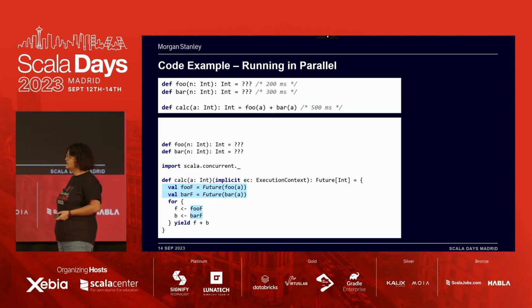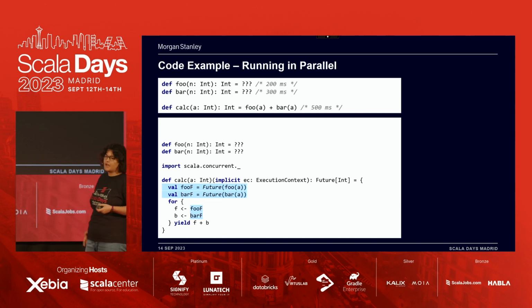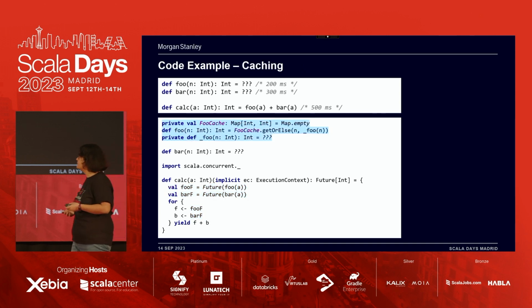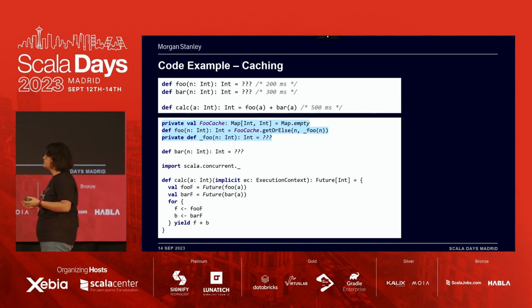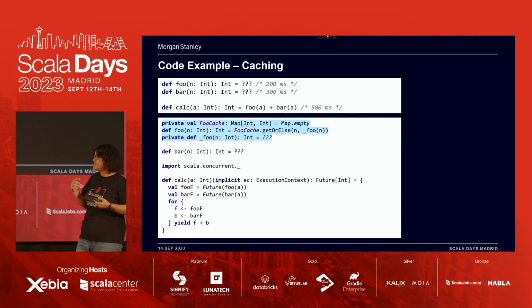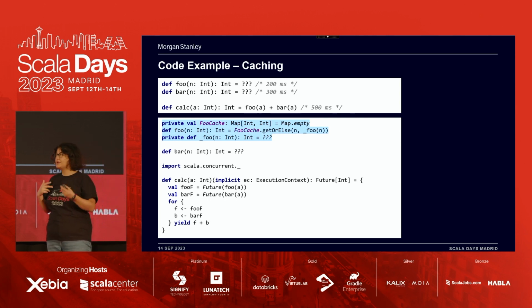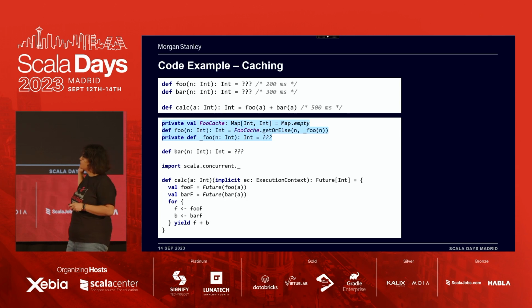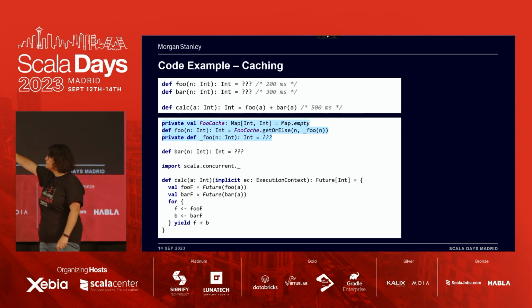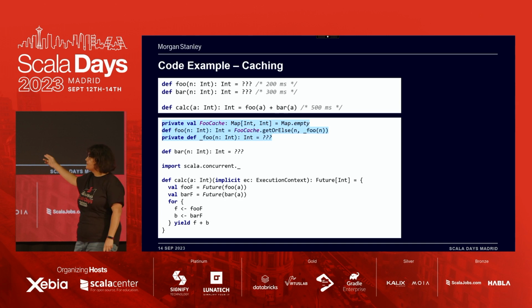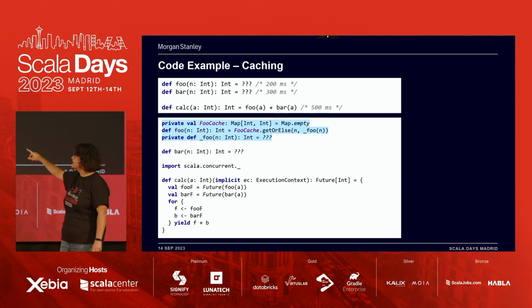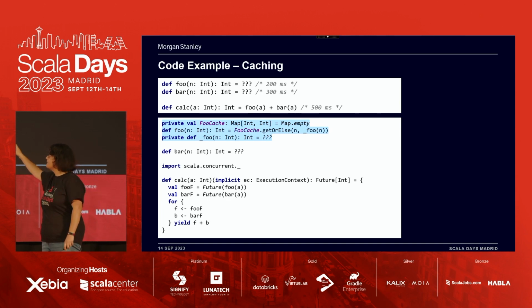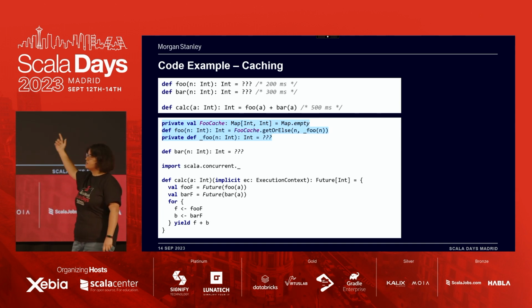Let's try to do the caching bit. So I know that foo is called all over the place, and I want to somehow remember the results that I've already produced, so I'm going to introduce a new function, which is underscore foo. That is where I'm actually going to put the real implementation of my function. Then I'm going to have a map, which is called foo cache, and I'm going to say, when you call foo, the original function, then look up in the cache, see if I've already computed that value, and if not, produce a value.